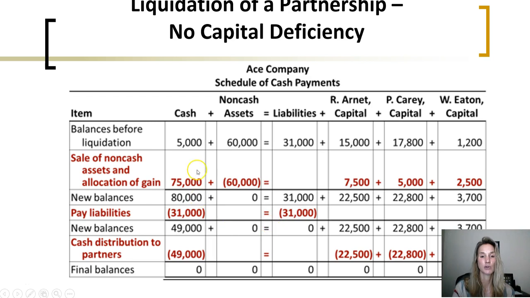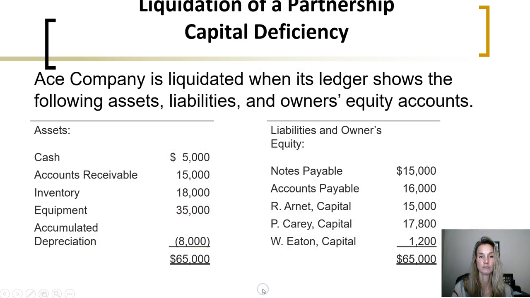Here we're seeing a total summary of all of those cash payments, showing that by the end of the accounting period, the final balances in the partnership general ledger are all zero. There are times when a capital deficiency exists at the end after the company's assets are sold and debts are paid. For example, assuming the same scenario for ACE company,